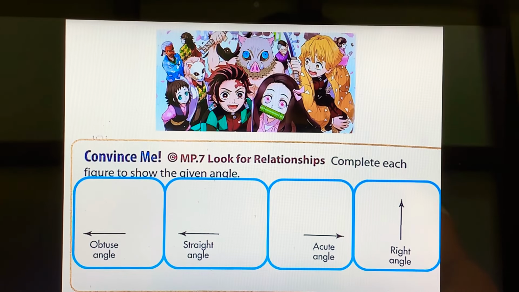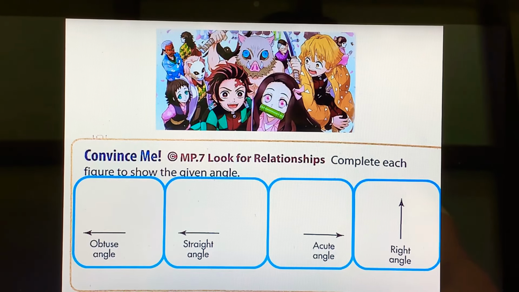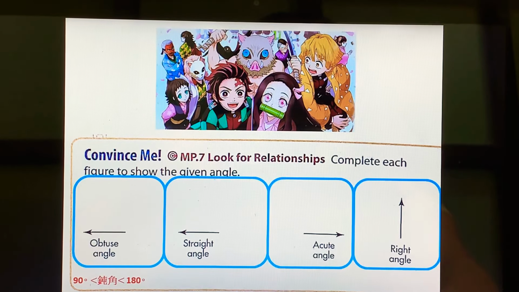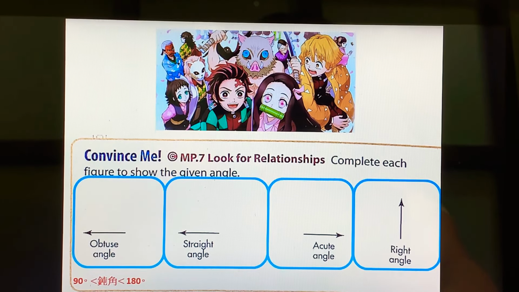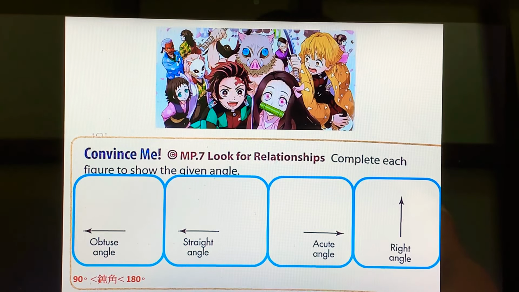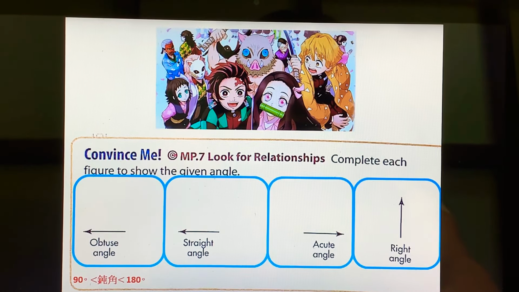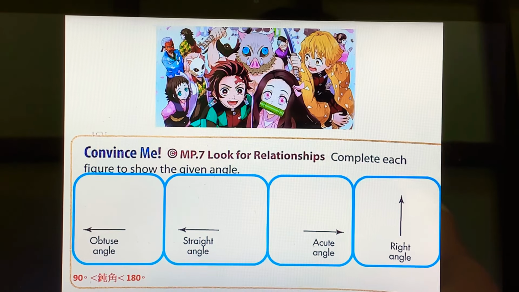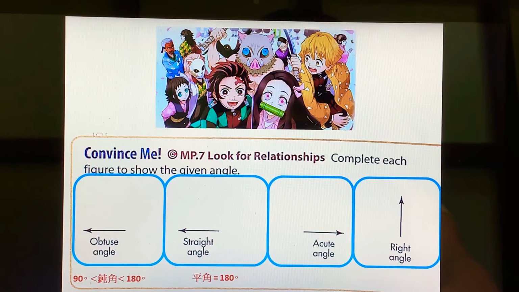Convince me. Complete each figure to show the given angle. 请你根据它下面的文字，把这个角度画完。The first one, obtuse angle. 第一个你要画出 obtuse angle. There is already a ray done for you. What you need to do is finish the angle by drawing the other ray. 这边这4个例子都已经帮你先画好一条 ray。那你要做的就是把另外一条 ray 画起来，把角度完成。